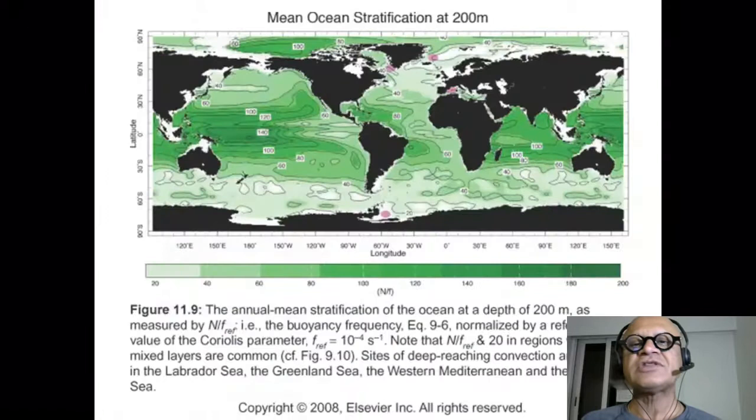So you can just look at stratification as a measure as well as N over f_ref, where f_ref is some reference value of Coriolis parameter, f_ref of 10 to the minus 4 per second over here, which is a value at some mid-latitude location. Here we are with the deep water formation sites in the GIN Seas, Labrador Sea, and